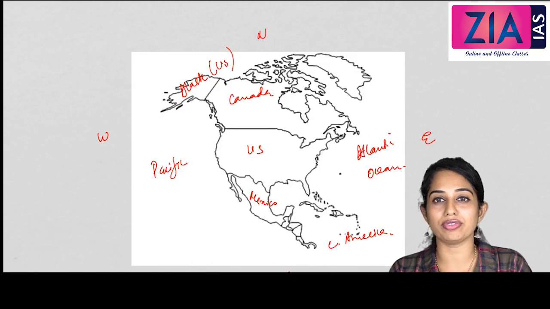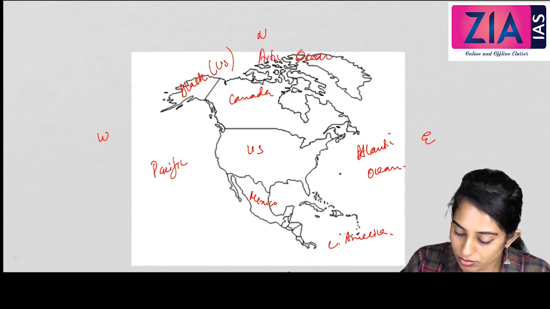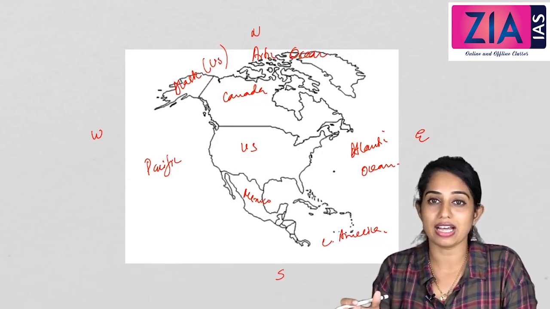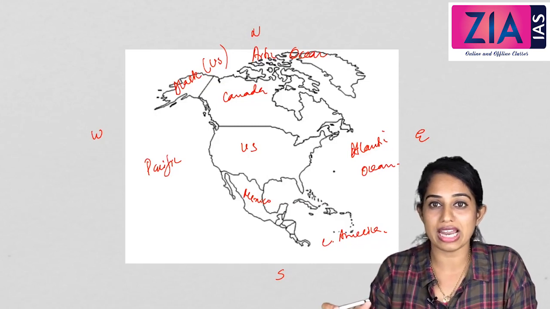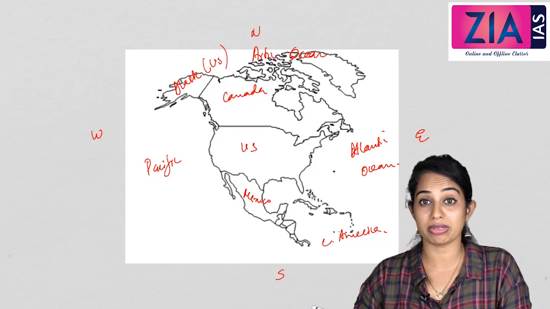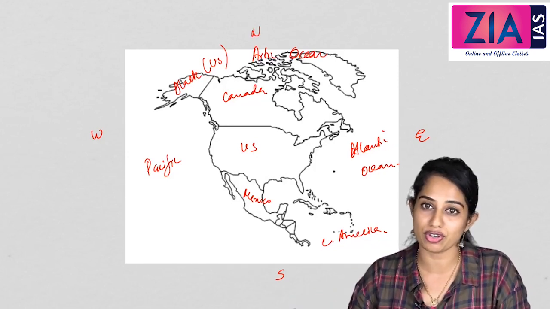Towards the northern part of North America what do we have? The Arctic Ocean. The Arctic Ocean is not among the continents. We have to understand it very clearly that for the Arctic Ocean, there is no landmass that is calculated under the different continents. At the same time, Antarctica is called a continent and is added among the 7 different continents.